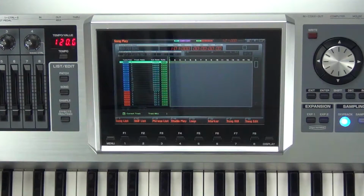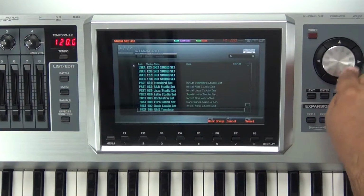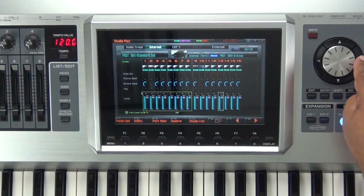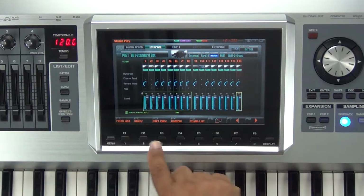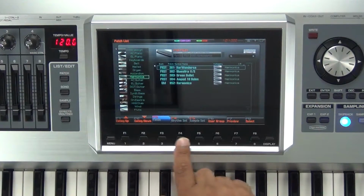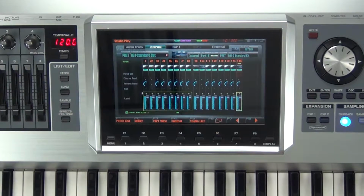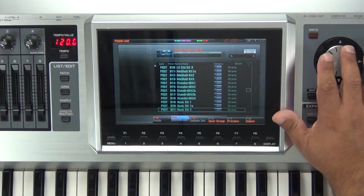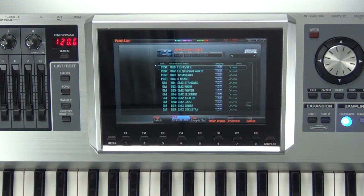So if I press my studio button, go here, and let me just choose a blank studio set list and a standard set. I can go ahead and cursor down to, let's say, MIDI part 16. Within this part, I can press F1 patch list, and let's choose a rhythm set, and I'll just use a standard kit. And now if we play that standard kit, we can choose any of these sounds to be the metronome. Let's go ahead and choose preset 61